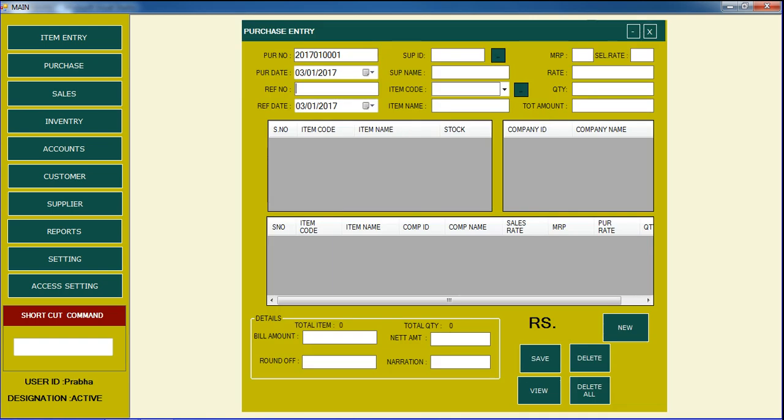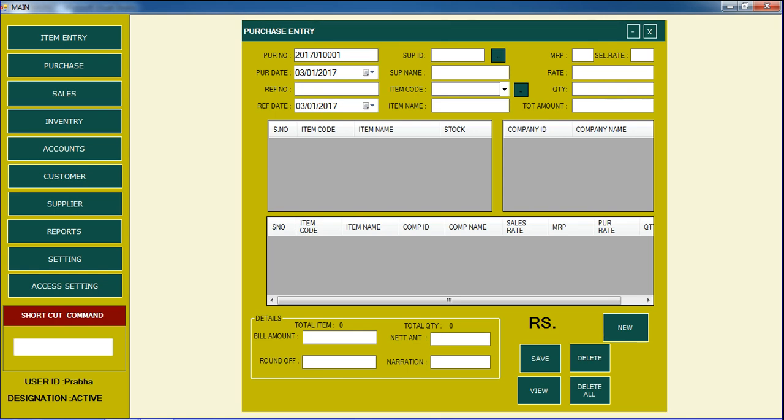Purchase means purchase entry, where I purchase items for selling purpose from some other company at a reduced rate. We purchase some material from a branded company for our supermarket. So some items are purchased from other companies to our company. Why? Because we want to sell them. So there are branded companies, minimum companies.